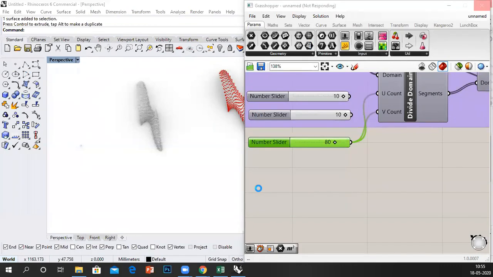Yep, as usual, I gave a higher value and it's gonna take some time to set this off.